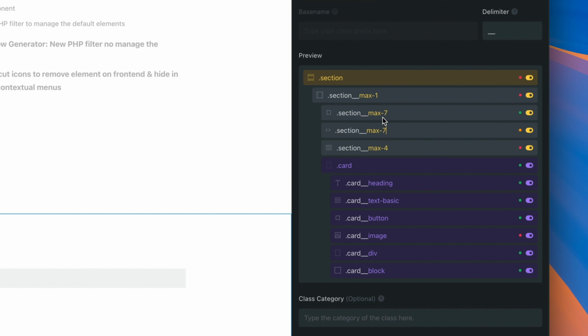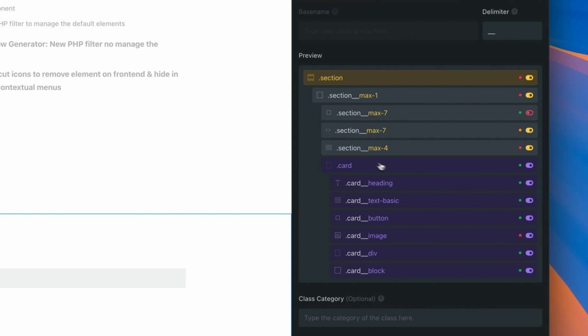So you need to be really careful when you have duplicated classes within the class converter, because you might want to skip this one if you want to export the style from this element, and also the opposite, you may want to disable this one to export the second set of styles. Okay, I hope